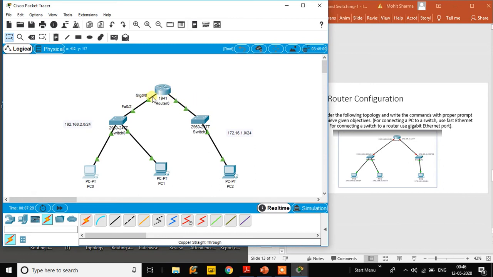So whatever IP address you have given to the G0/0 interface will be the default gateway for PC0. For PC1 also it has to pass through this interface, so this will be the default gateway. For PC2, the default gateway will be the IP address assigned to G0/1, because to move to another network, it has to pass through that particular interface. This is the default gateway, right?